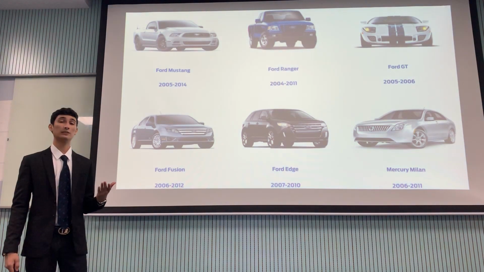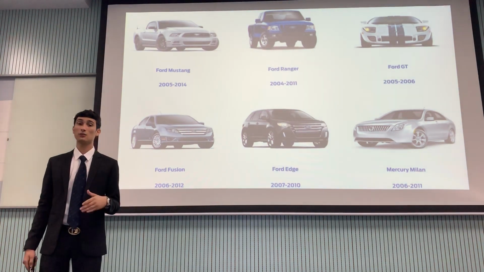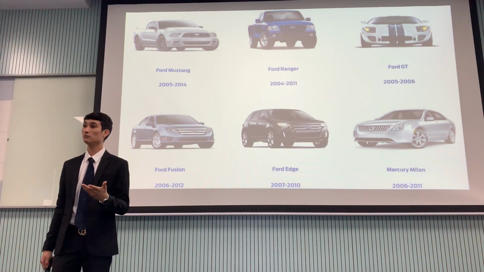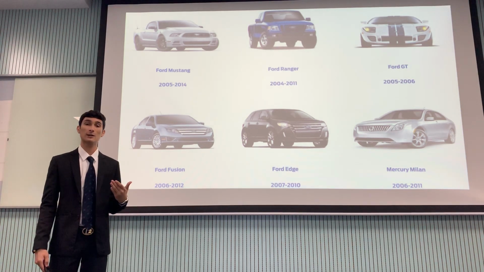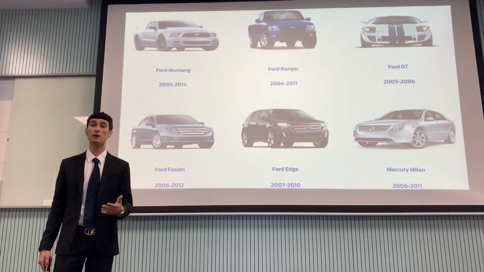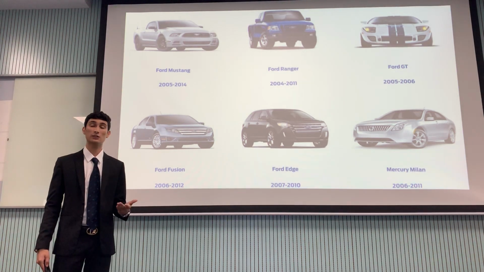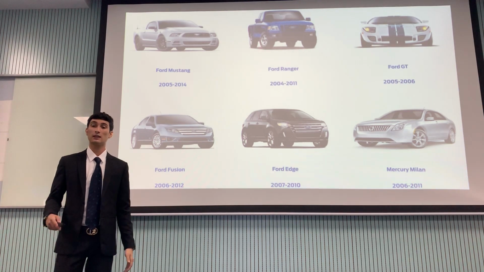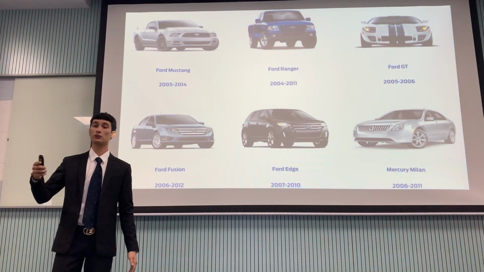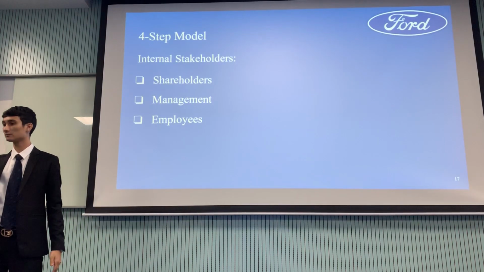So how has this affected the image of our company? Well, this has gone against the vision of our company because we want to be the most trusted brand out there that's selling cars. But how can the public trust a company that put their lives in danger on a daily basis? So this is a very important problem for us. The next part I will hand over to Arthur, who will present on the 4 steps model.